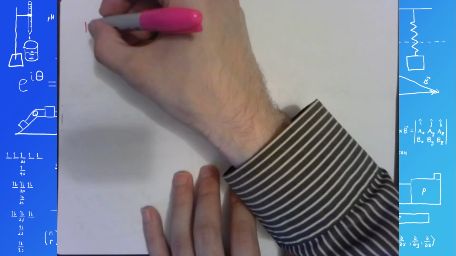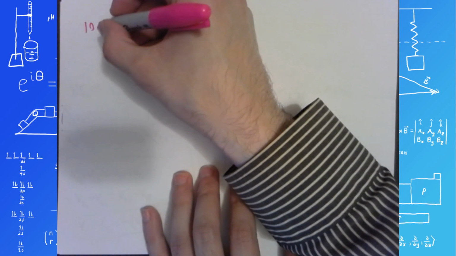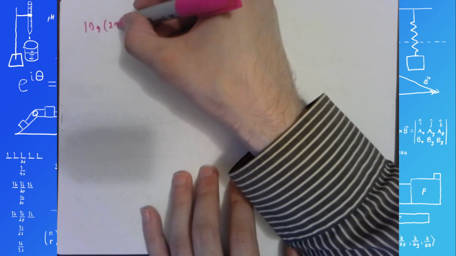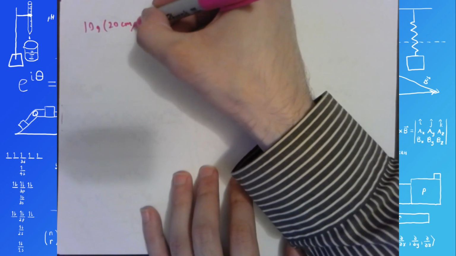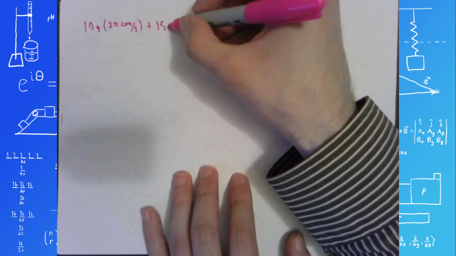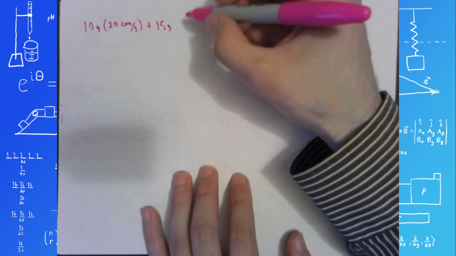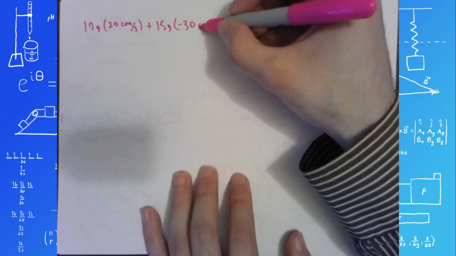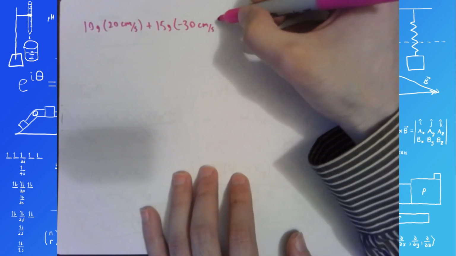So 10, I'll write the units this time, 10 grams times 20 centimeters per second plus 15 grams times negative 30 centimeters per second